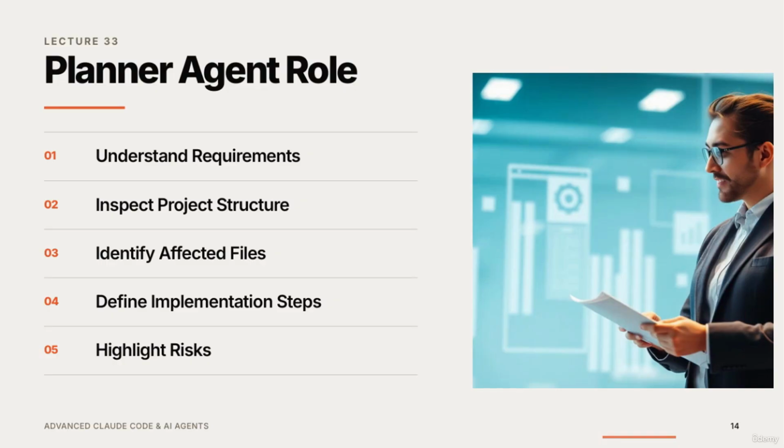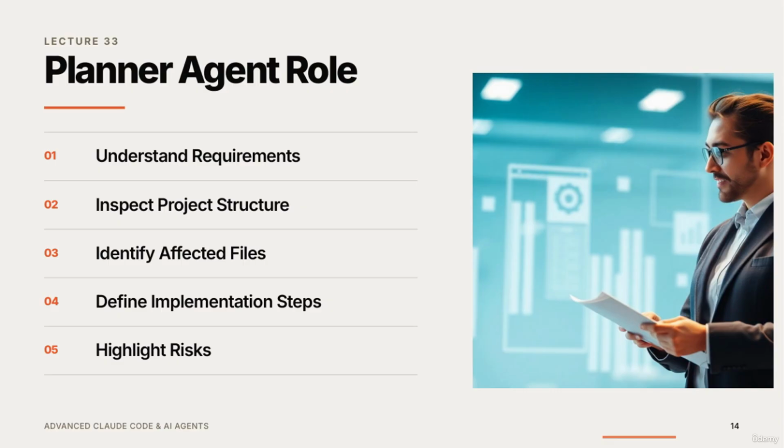The planner agent performs several key functions to ensure a smooth and efficient project workflow. First, it starts by understanding the requirements thoroughly. This means the agent needs to grasp what the project demands and the objectives clearly. Next, it inspects a project structure, which involves analyzing how the project is organized, including the files and modules in place. After that, the agent identifies the files that will be affected by any changes or implementations, helping to anticipate